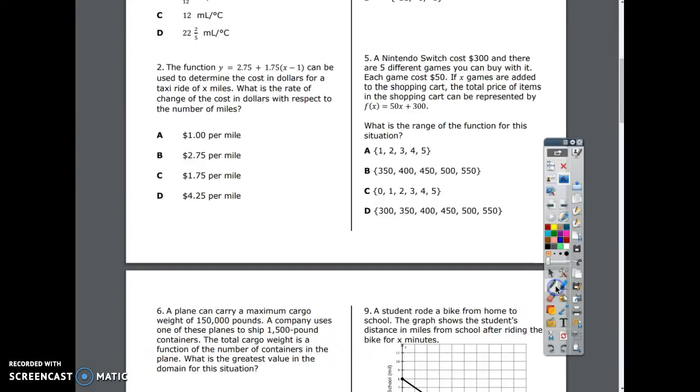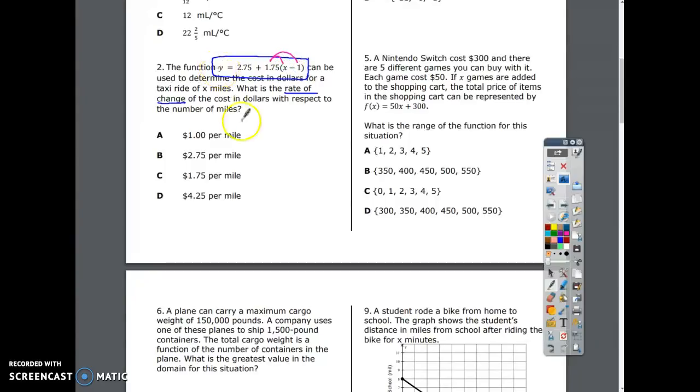Problem 2. They gave you an equation. They're asking for what? What is the rate of change, which is the slope? Remember, slope is the number next to the x, right? What is the number next to the x here, in this equation? There is none, so I need to distribute,